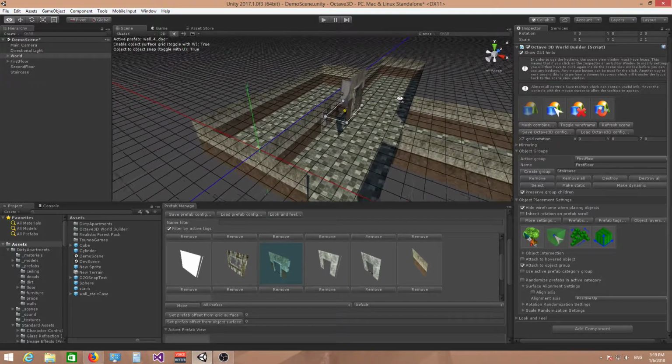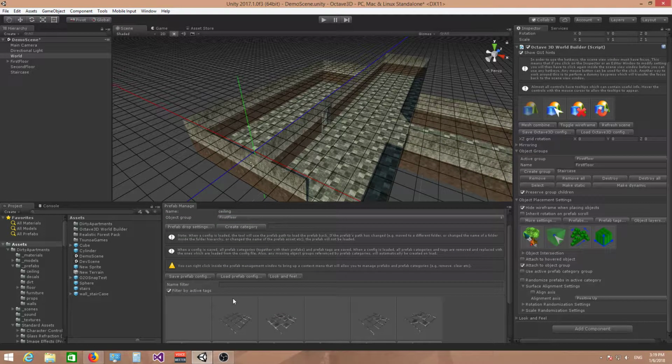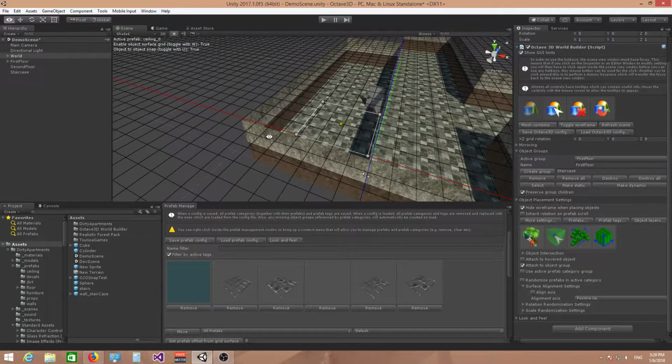And there's two ways in which you can do the ceiling. So I'm gonna switch to my ceiling category. These prefabs here that don't have a preview, they don't have a preview because the normals are facing away from the camera, and this is why they're not rendered. Also in the scene view, you have to look from below the object. So we could just place this regularly using object to object snapping, probably in the same manner that we did with